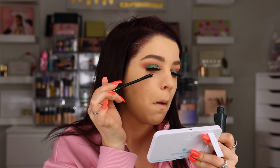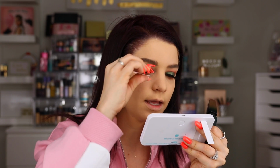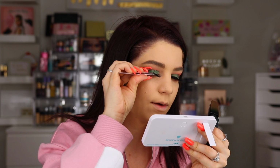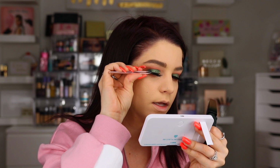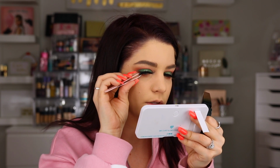I just use whatever mascara I have open at the time, and then I blend them together using the mascara. Then I take my tweezers again once the mascara is on, and I pull them together with my false lash. That way they band together, because the mascara is tacky, so since it's sticky, it's going to stick right to the lashes. Alright, so now that those are on, we're going to move on to the face products,